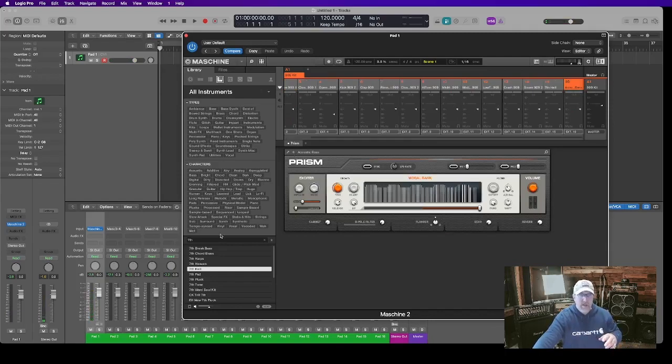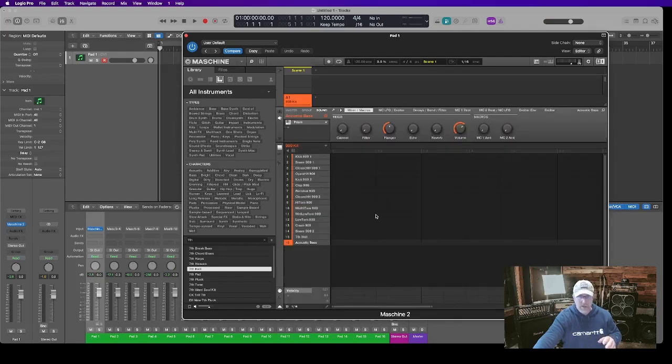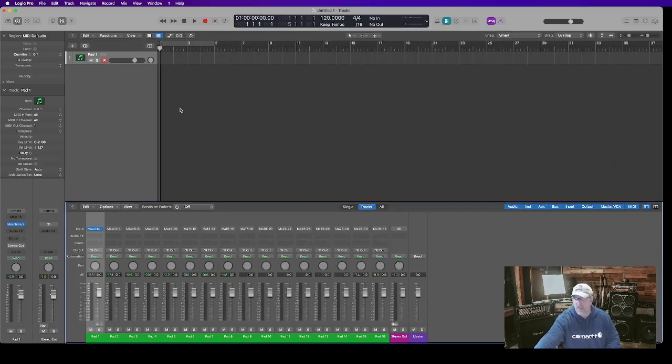So now we basically have Maschine set up the way we need it set up to begin to be the sound source for the MIDI that we're going to end up recording inside of Logic. So I'm going to minimize this, or close out Maschine for a minute, and show you where the magic for this happens. So I'm going to add a MIDI region on this